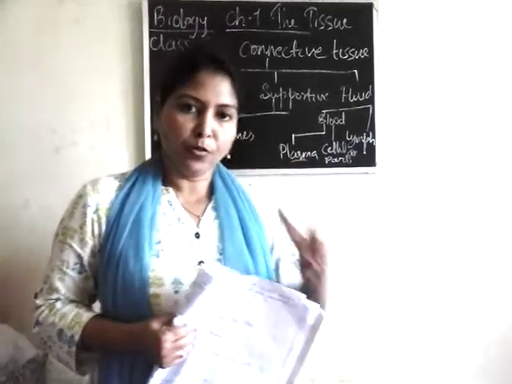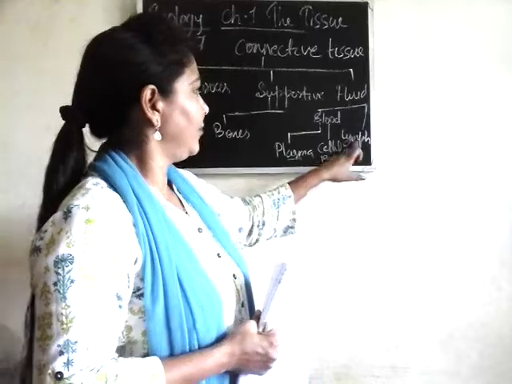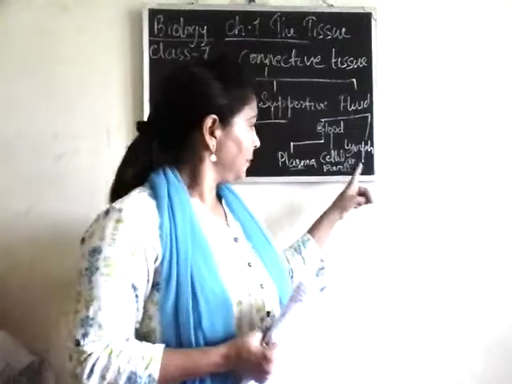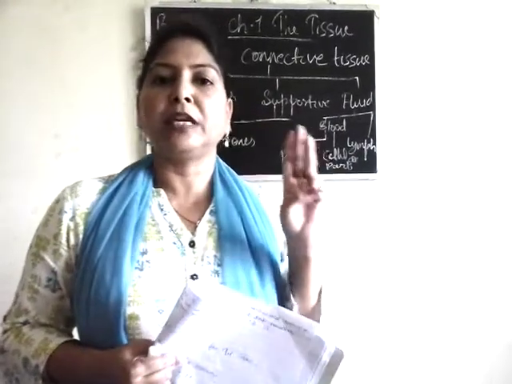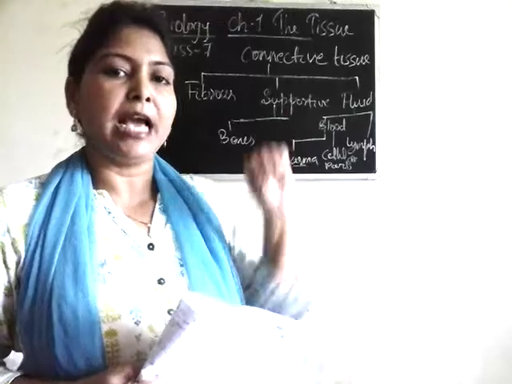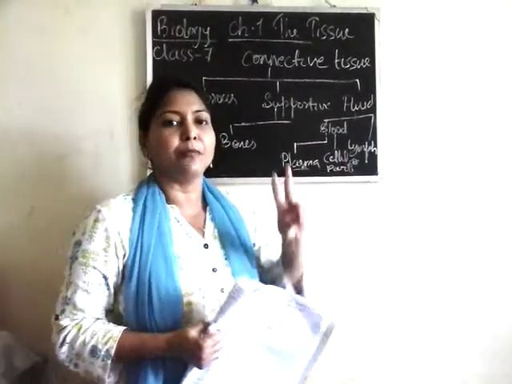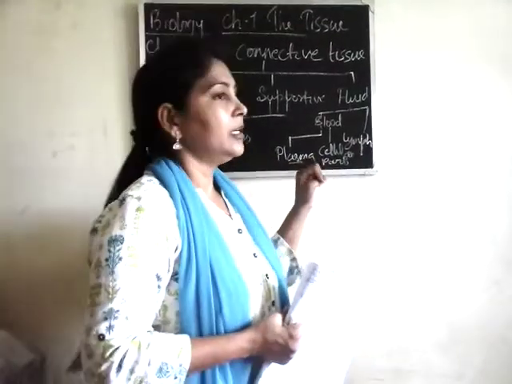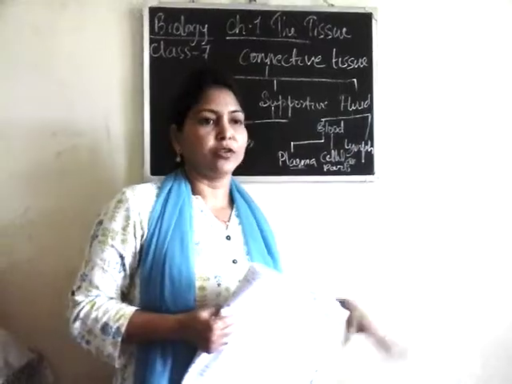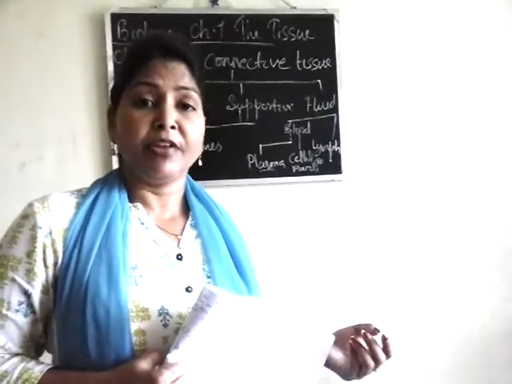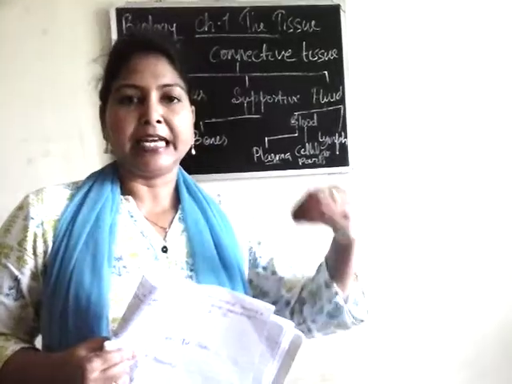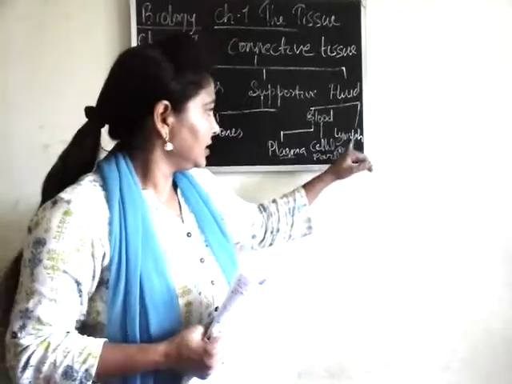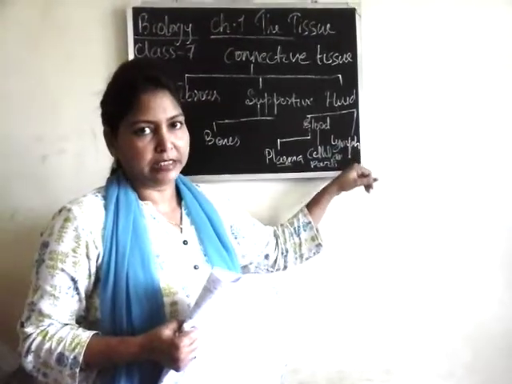Fluid is made up of two main parts, blood and lymph. Blood is made up of two things: the fluid part, which is plasma, and the cellular parts, RBC, WBC and platelets. Likewise, lymph is made up of two parts, plasma, the fluid part, and WBC. Like you must have seen in case of a wound or injury, some white fluid oozes out. That is coming from the lymph, that is a part of lymph.